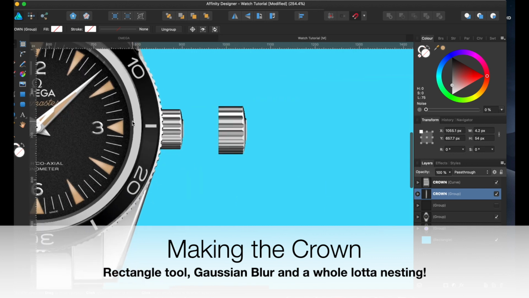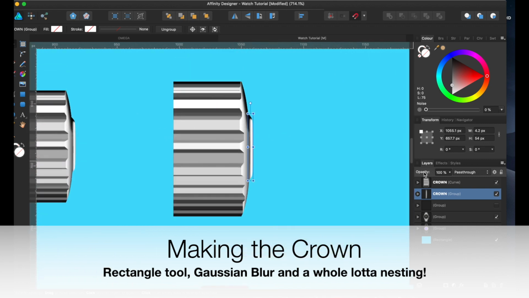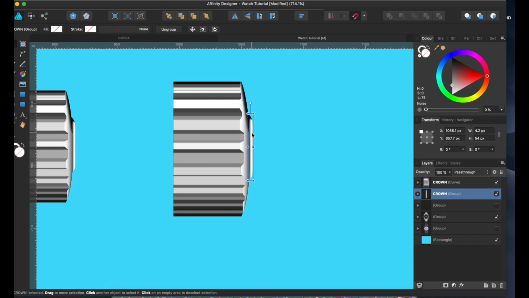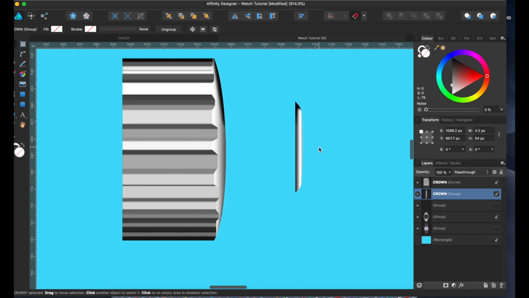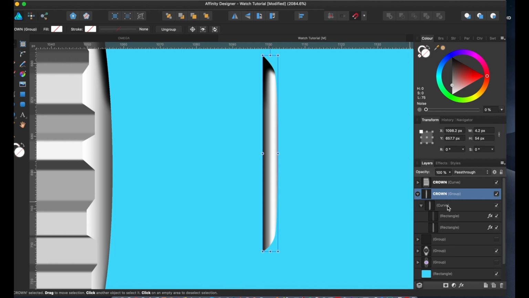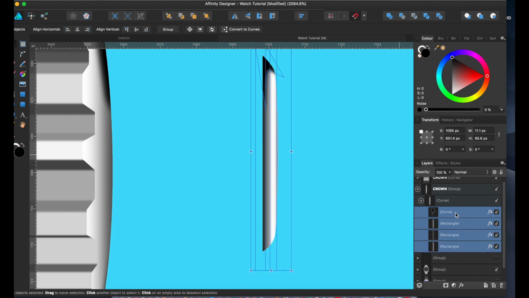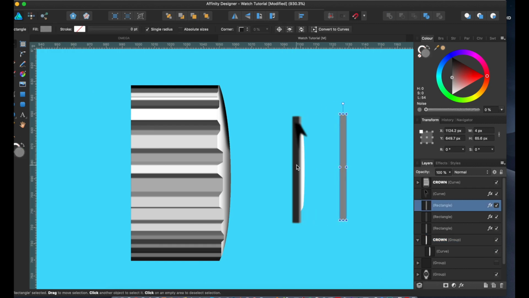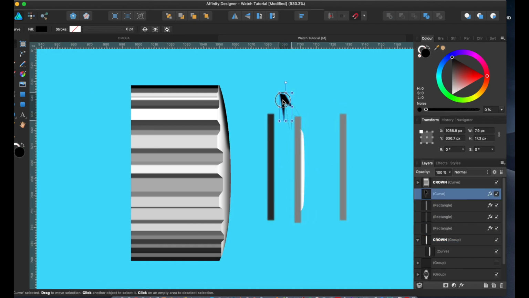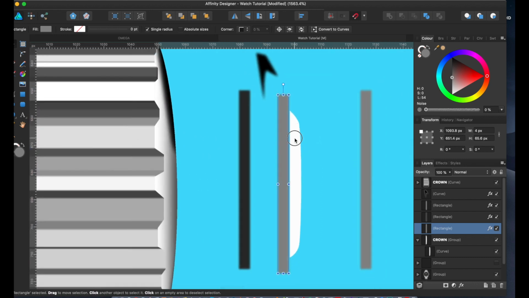So there's the crown of the watch. If I zoom in, I'll take it apart for you. It's got this little nib on it. That's just in the background. If I zoom into the nib, you can see what layers I've included. So basically it's a bunch of, I'll grab them out here. You can see here, it's just a bunch of shapes that I've just nested in this white shape.